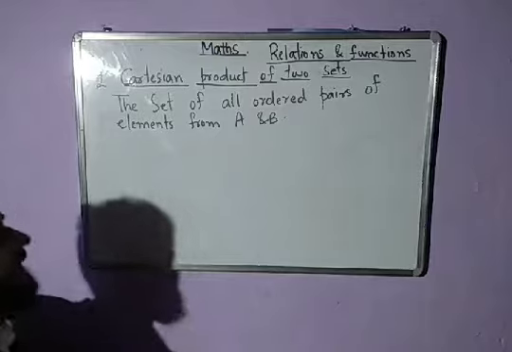So actually, what is Cartesian product? Cartesian product is nothing but a set of all ordered pairs of elements from A and B. If you took the elements from A as well as from B and you took them pairwise and in some specific order, the set of all possible ordered pairs is called your Cartesian product. So it is denoted by